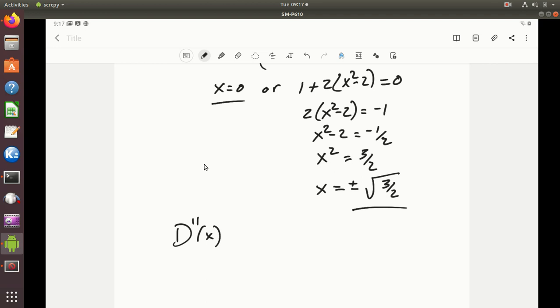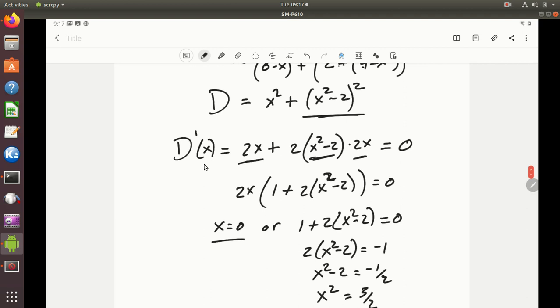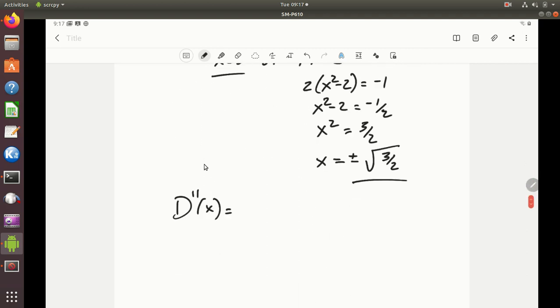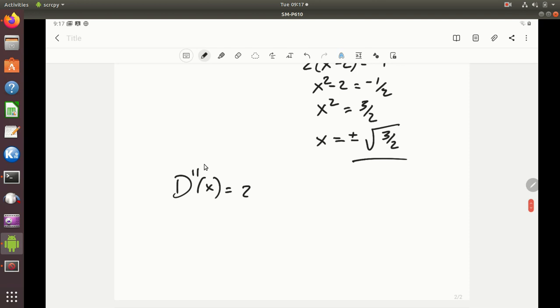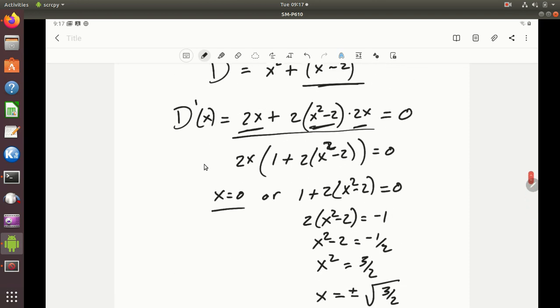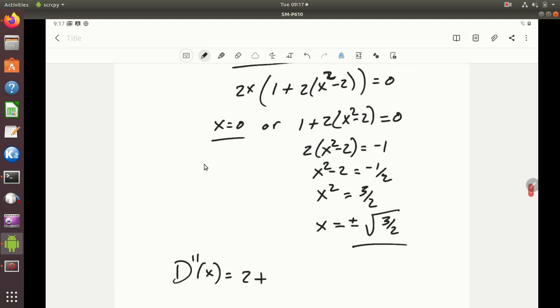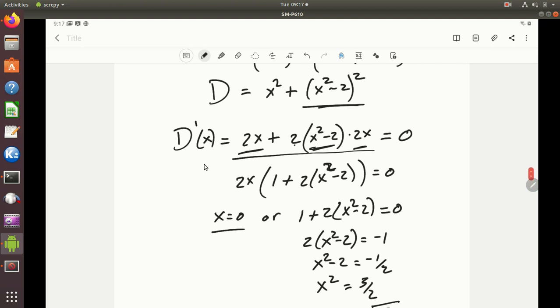I got ahead of myself, so sorry. So d double prime of x, I need to take the derivative of all this stuff. So I'll get a 2 and then plus. Now I have 2, 4, I think, you know, here,